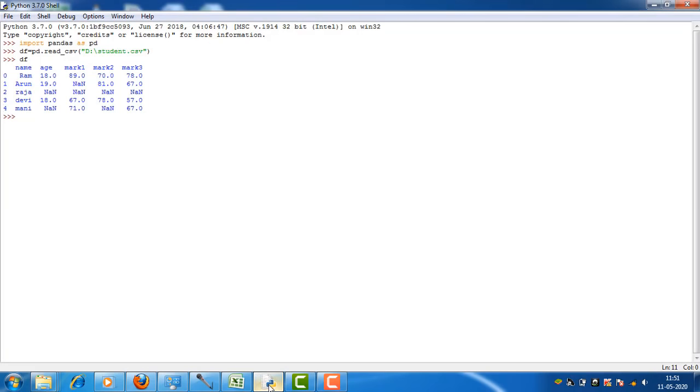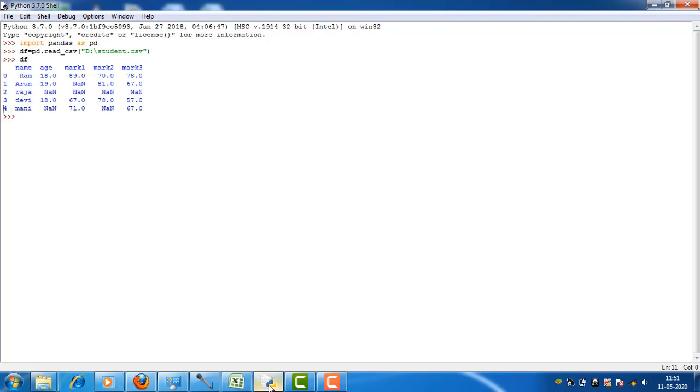Let us see how to handle missing data from CSV files. The CSV file has several missing values that are represented as None. So this file contains some missing values.